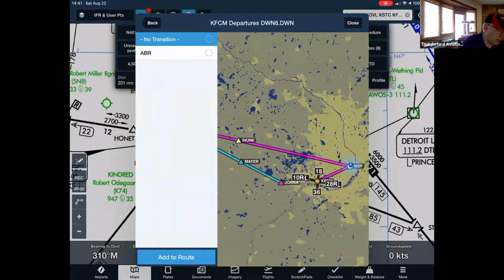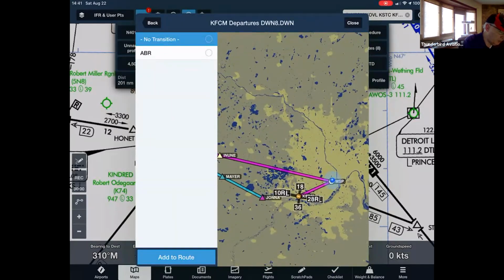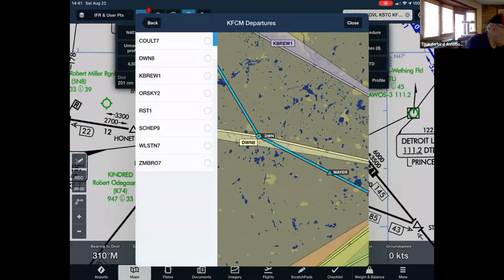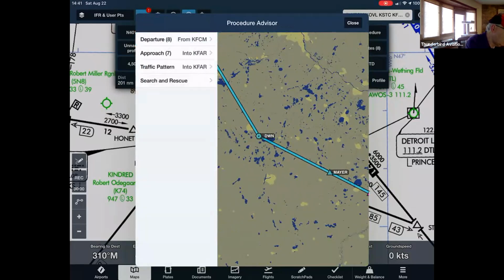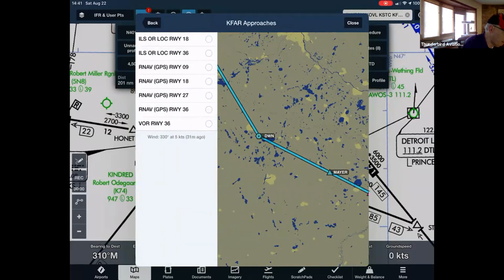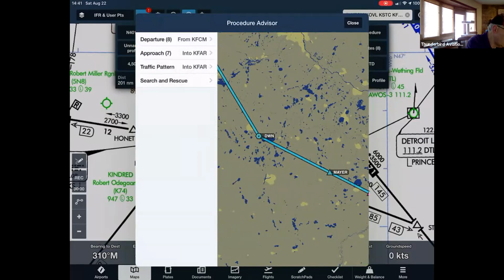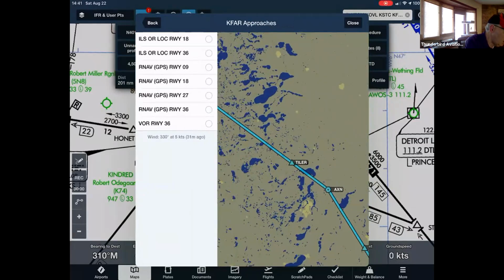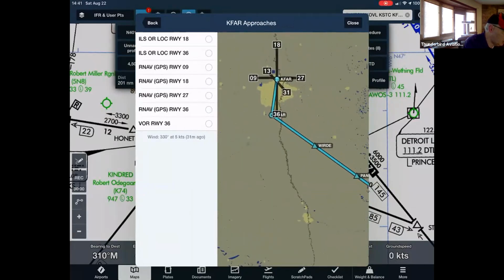Now, they may or may not give you this one, but it basically got to go to Minneapolis VOR and then fly outbound to Darwin. Same thing if we go back to the approach section. Whoops. Oh, I'm sorry. Fargo must not have any arrivals, so it's not there. But so now you can go to the approach section and say, okay, they're going to tell you that today,